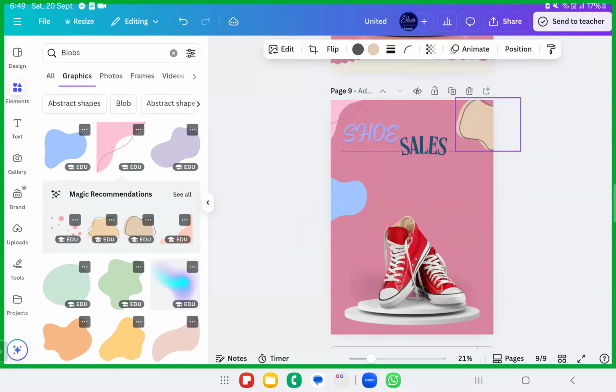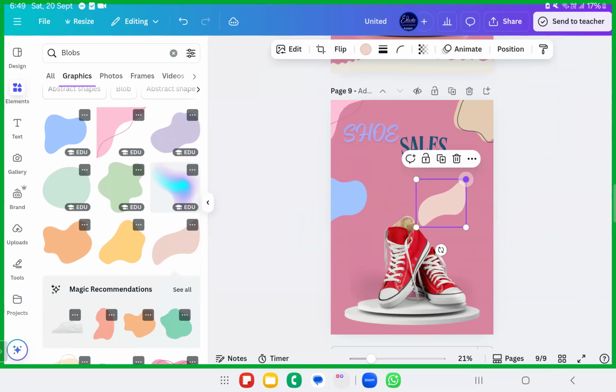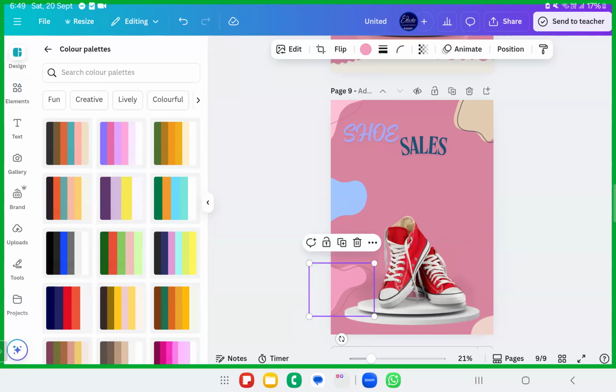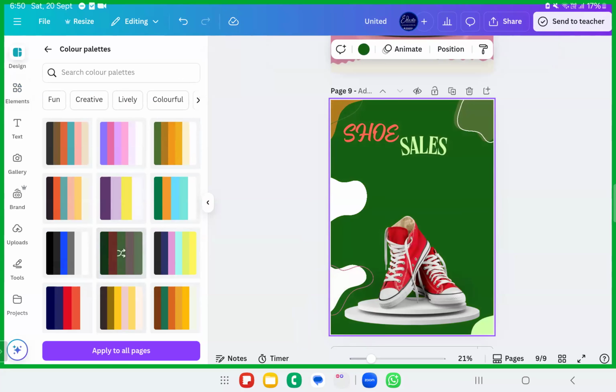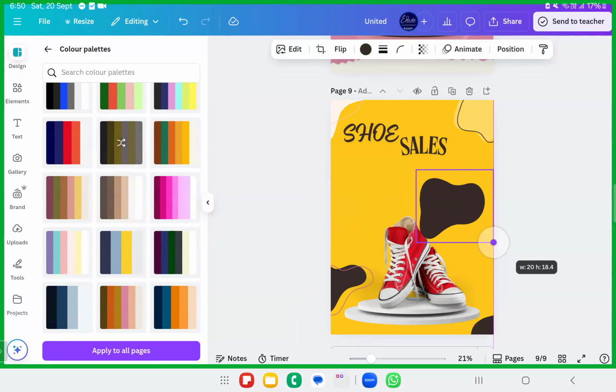Come on, dear sisters and brothers, make sure you are creating well with these blobs. You can put it over here and there. It looks so beautiful with the blobs. We have created the graphics and given them to so many of our clients. You can put this over here and there, and then change the colors. Go to the designs, change the colors. It looks beautiful, damn beautiful. Take it from me. You can make use of these blobs. You can write more